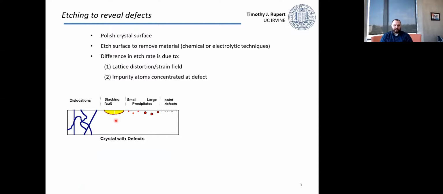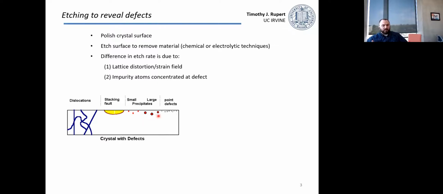So the reason we're going to etch is that we want to selectively degrade the surface of these materials. The basic idea is pretty simple. You want to polish to make sure you have a nice, flat, perfect surface. You then want to remove material from that surface. And you're taking advantage of the fact that when I remove material from the surface, it doesn't happen at the same rate everywhere. Near defects, I can have all kinds of different defects, things like dislocations, stacking faults, second phases,